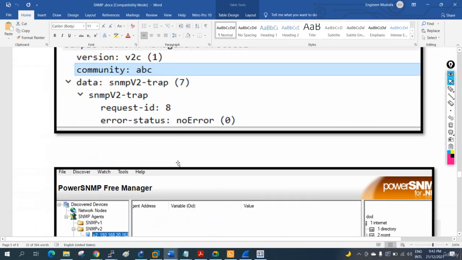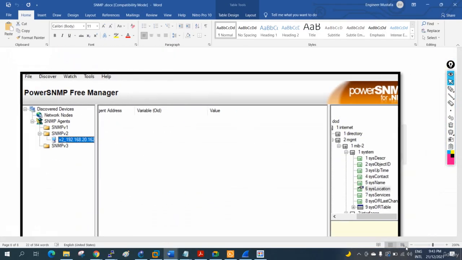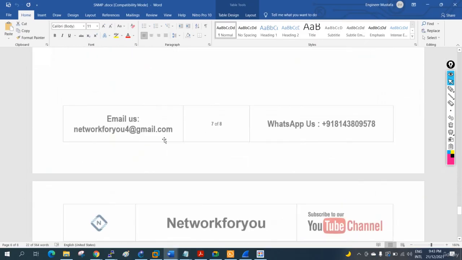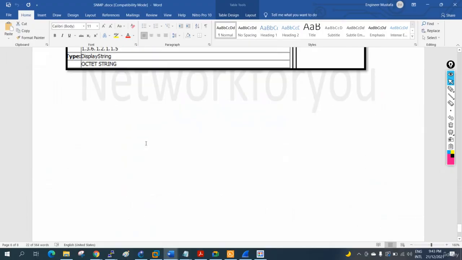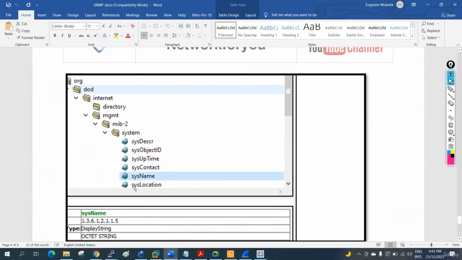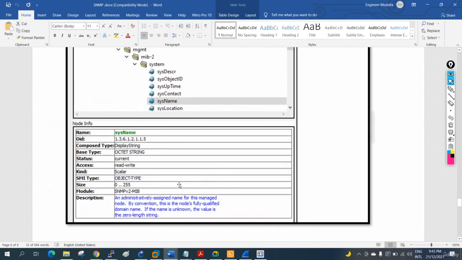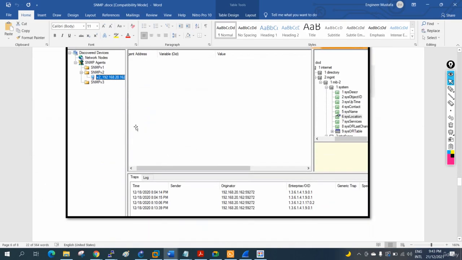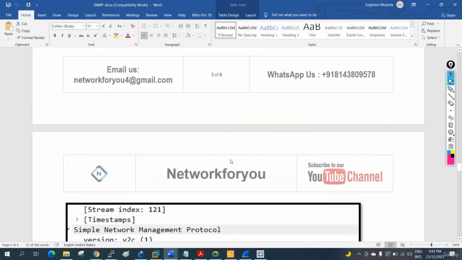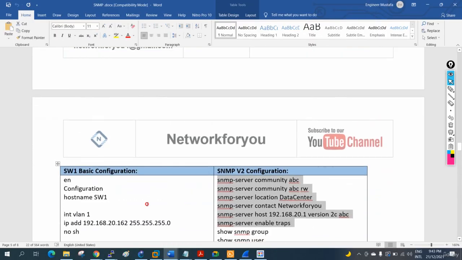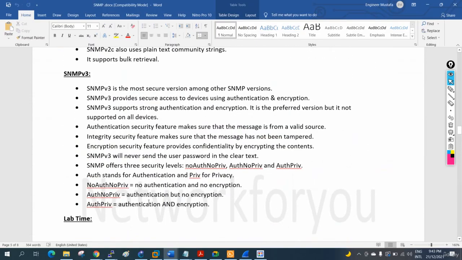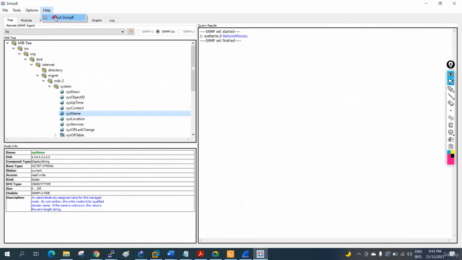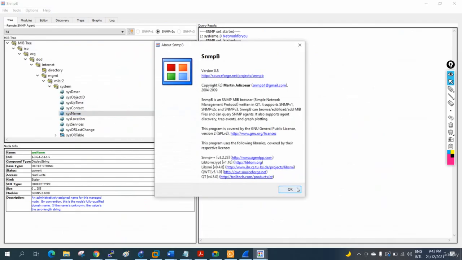So here if you see, this is a screenshot, and this is the application we just used, and this is the application we just did. This way we can fetch the location and all information. Whatever we configure we can get, and we can reconfigure. Just you need to remember, because in the interview they will not ask you to do the lab, they will ask you theory, and they will check whether you know that theory and the concept or not. But for the lab purpose you can download this free application which I showed you. In the internet it is easily available, and you can practice this,